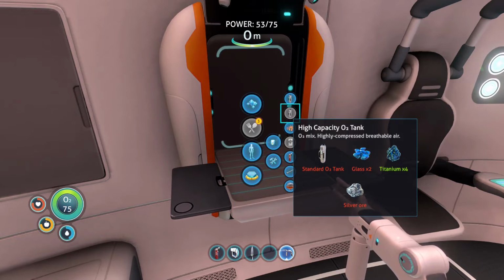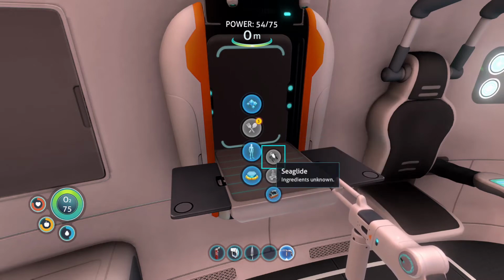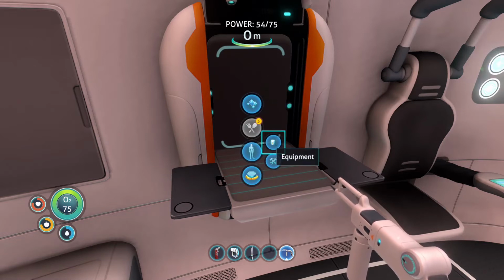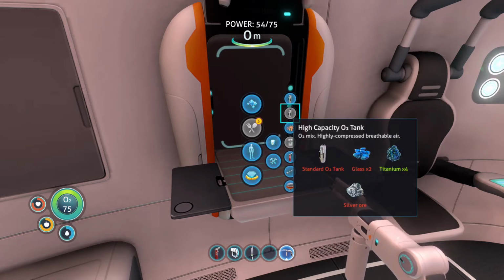So theoretically we need a piece of silver. Silver and gold, they're found in the sandstone outcrops. They are a little bit deeper. They're not too deep. You could get them without making the sea glide, but if possible it's best to do it when you've got the sea glide. But you can do it without if you want to just go straight to making the high capacity O2 tank, because I think that jumps you to about 120 seconds of air. So let's...